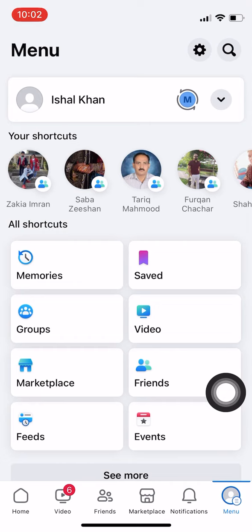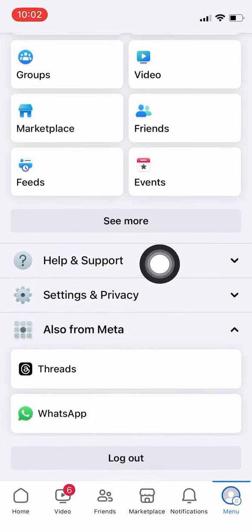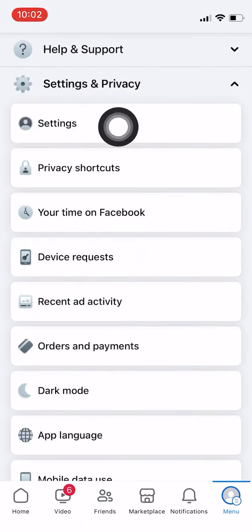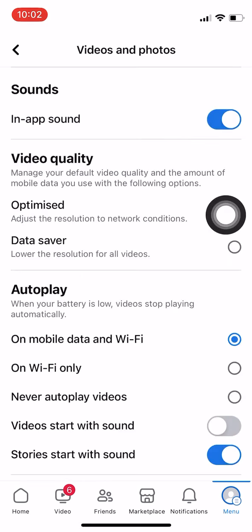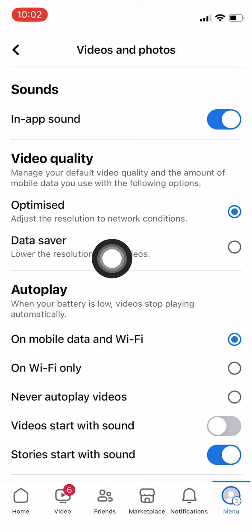Here, scroll down and tap on Settings and Privacy. In this section, tap to open the settings. Scroll down until you see the option of Media. Tap to open it. Now here, you need to make sure that the video quality is set on optimized and